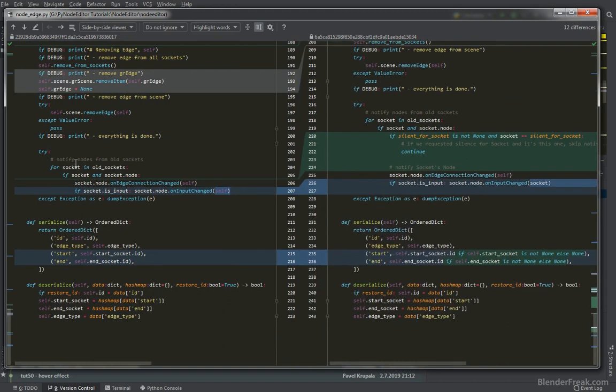when we are notifying the nodes from the old socket, we will check if we pass the silent for socket. If we do pass some socket here, and we detect the socket, we will skip the notification of on edge connection changed or on input change for those sockets, or for that socket we passed as a parameter here to